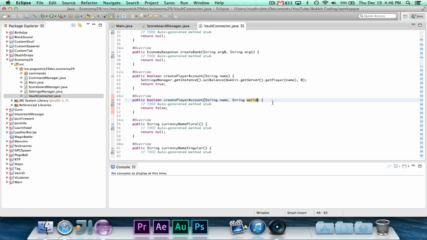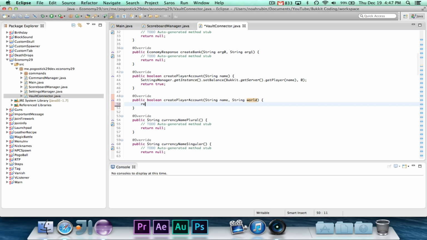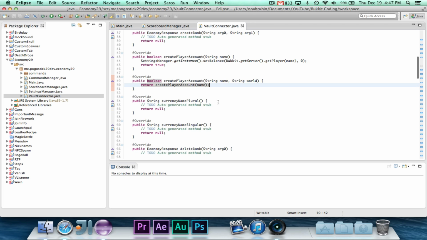Anytime you see 2 strings, it is the name of the player and the world. Now, since we don't have multi-world support, we're just going to go ahead and say return createPlayerAccount(name). So, I can't type. So we're essentially just ignoring the world. Sorry about that. It'll go away in a second.